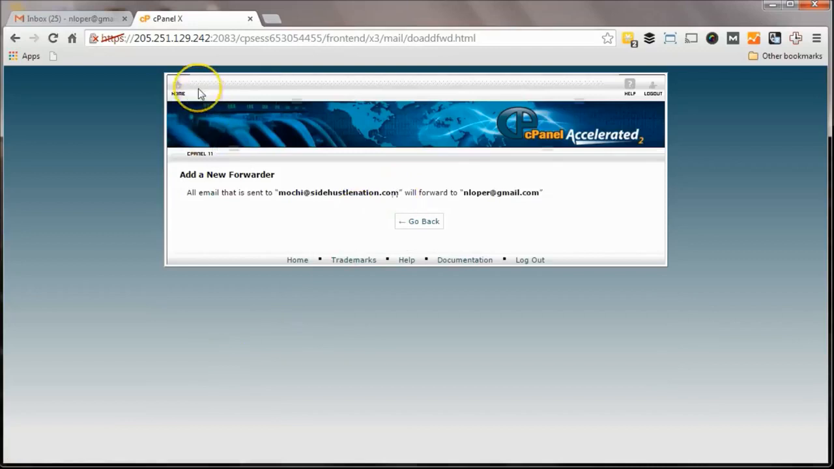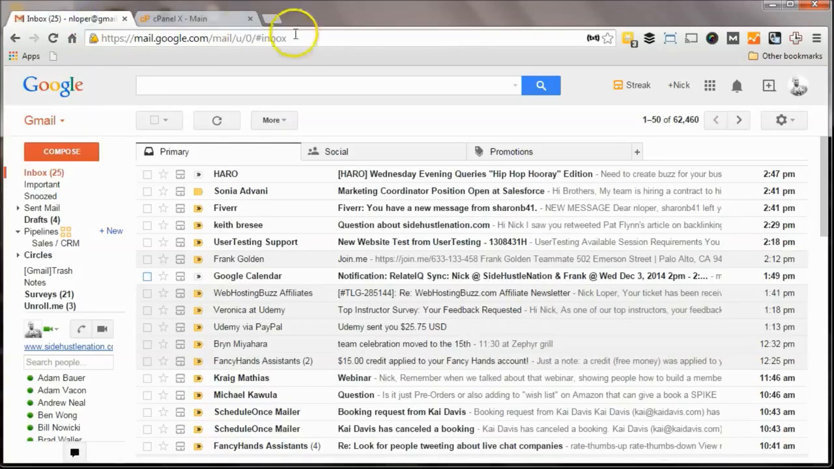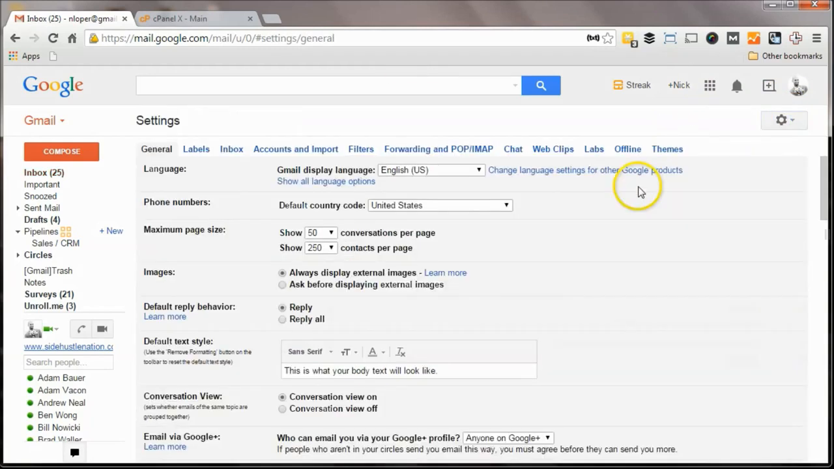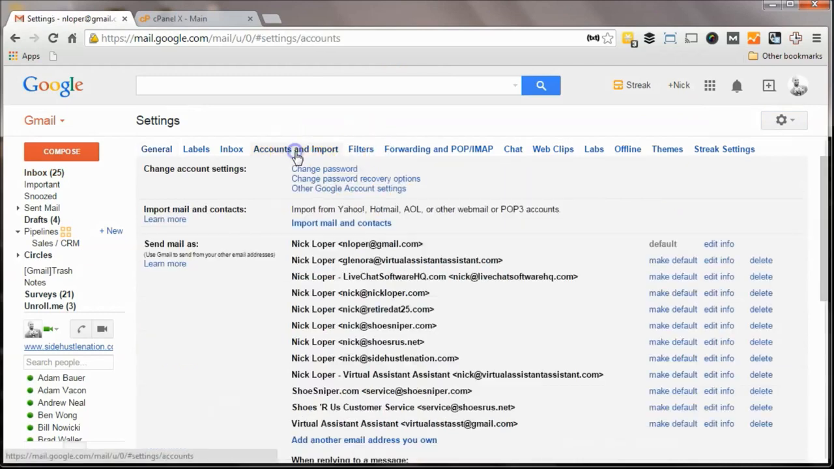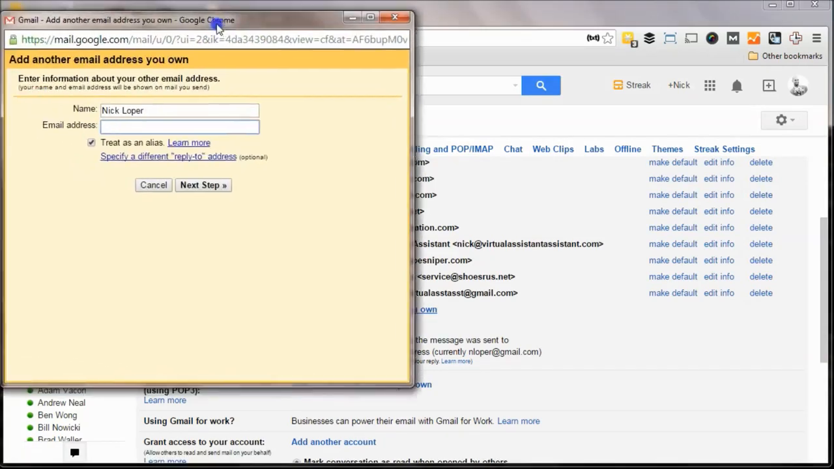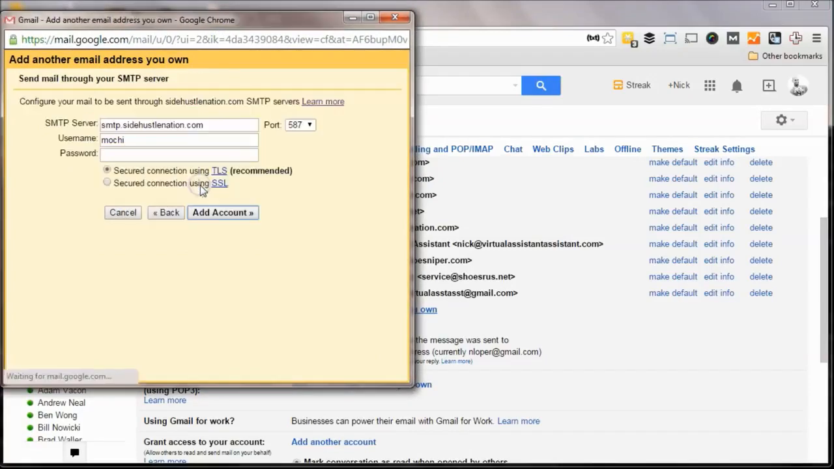It's all set up. Next step is to go over to your Gmail, and this is my own version of Inbox Zero. I tend not to delete anything and just use the search function instead. What you want to do is hit Settings, and then you'll go to Accounts and Import and add another email address that you own. So here I'm going to punch in Mochi at sidehustlenation.com, and then you're going to get to the next step,